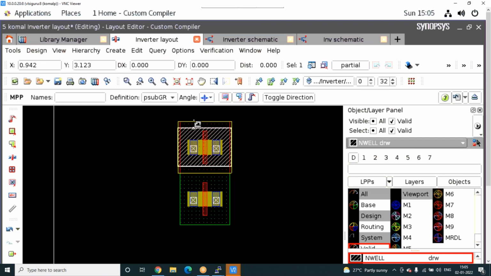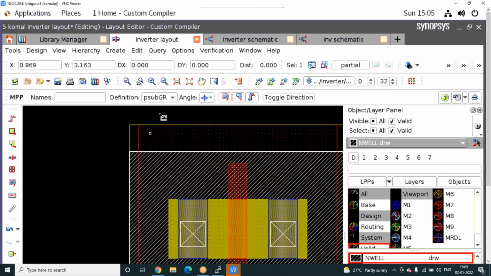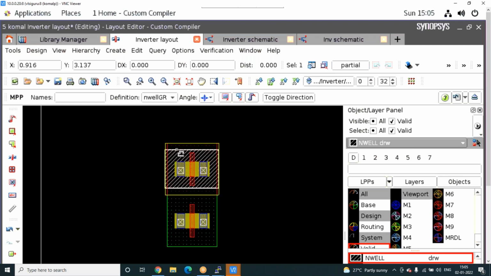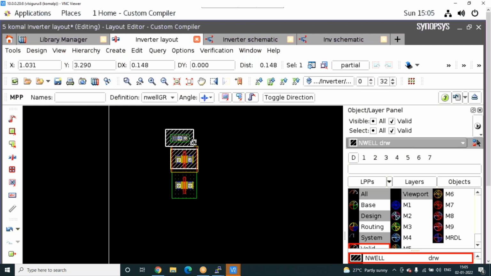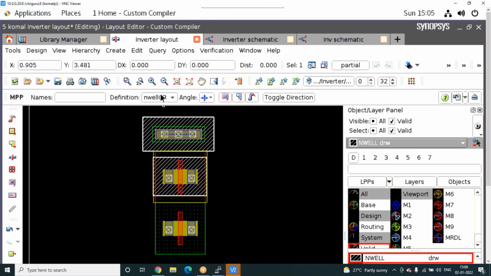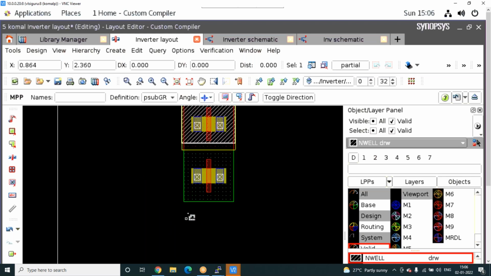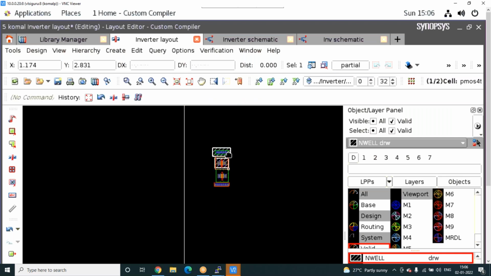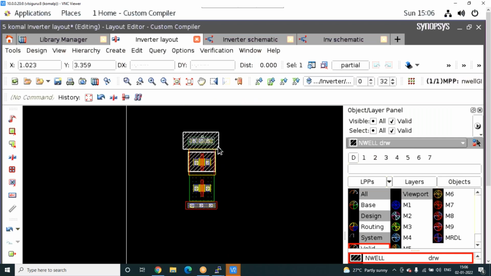Anyway, once you join the course, you will learn these things. This is the N-well body. So this is how you learn a body. For the P-sub you will learn P-sub. P-sub means P-tap.